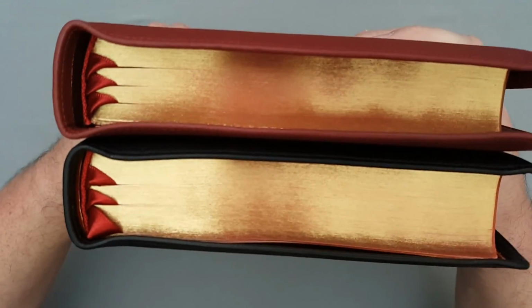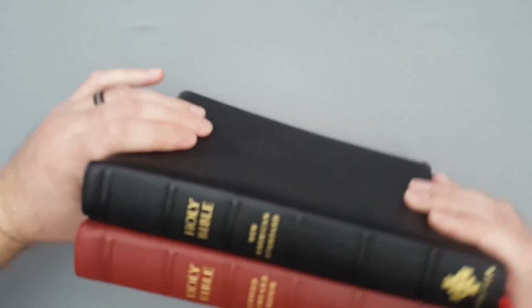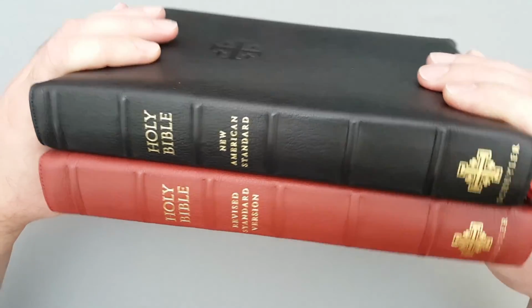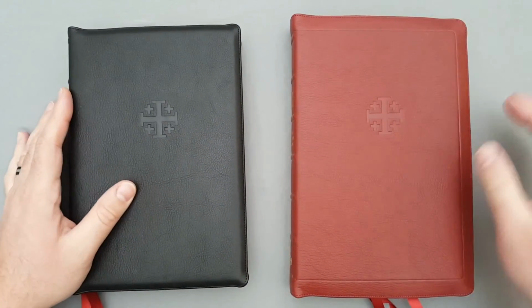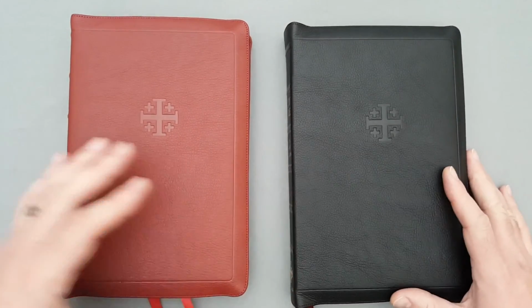It looks like the same width and height there. And it feels like the RSV is a hair thinner. So I'm not too sure why, because the RSV has the Apocrypha. I don't know if there's a GSM difference between the paper. If there is, again, I'll annotate it in the video. Let me move on. So the next one I want to show you is a comparison between the RSV and